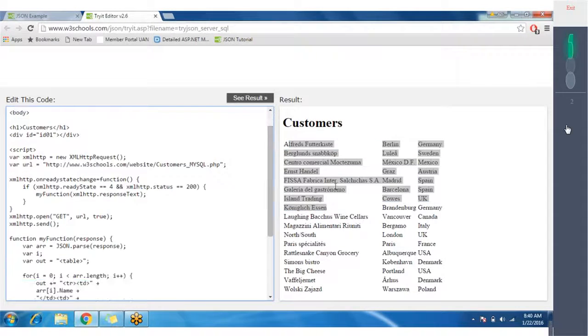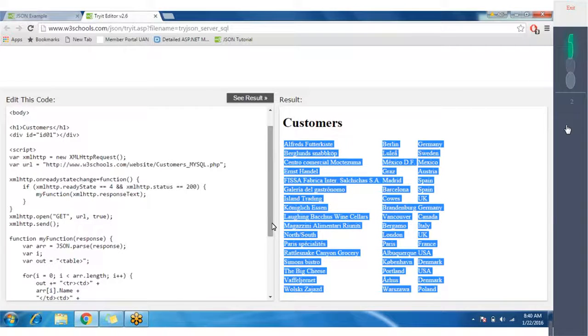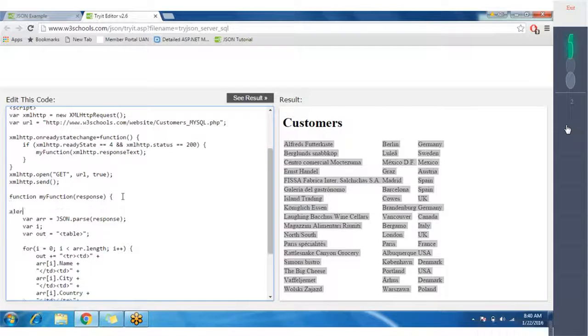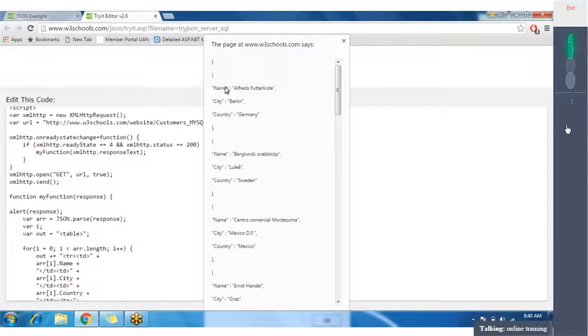So this data is coming from the server with the help of AJAX. This response is containing the data in a JSON format. Let me show you an alert box. Here you can see that this is the response that we have got from the server.